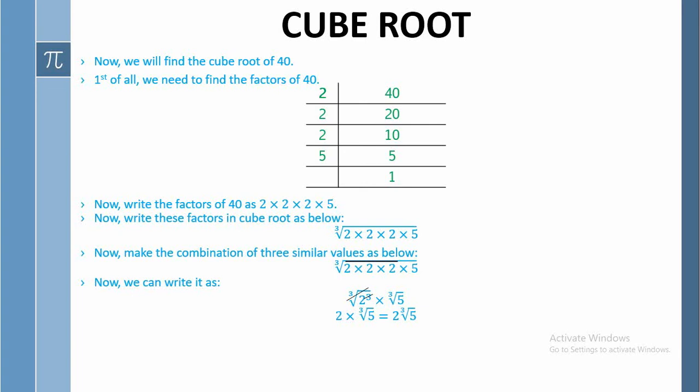Now I believe that you know how to find the square root and cube root with the help of prime factorization. The basic thing is to find the prime factors, write them under the sign of square root or cube root, write them as index notation. If you are working in a square root, you need to make the pair of two similar values. If you are working under cube root, you need to make the combination of three similar values, and then you will get your answer. So now you know about the importance of prime factorization. It will help you in every regard about LCM, HCF, square root and cube root.